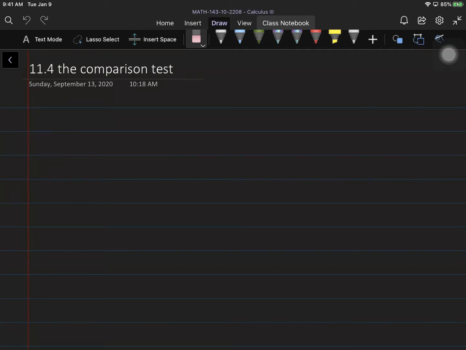Hello everyone. Today we are going to do 11.4, the comparison test. The goal for this class is we want to compare our series with some known series, for example, P series, geometric series, and then tell our series converges or diverges. So the goal, we want to compare with series whose convergence is known,